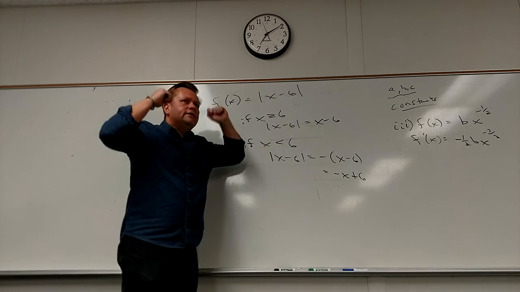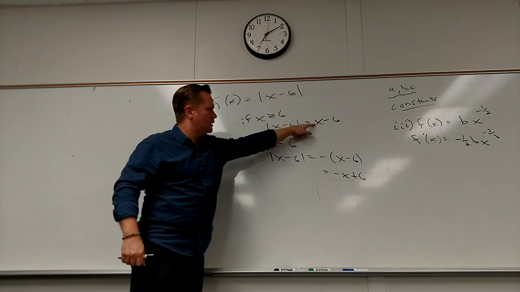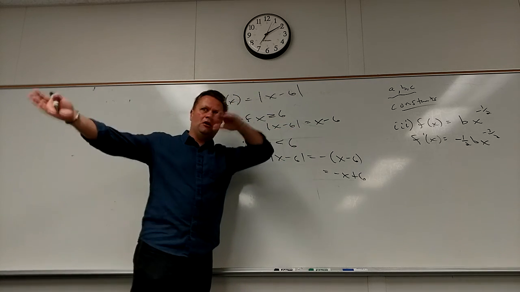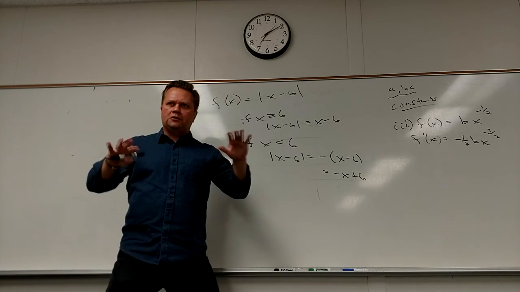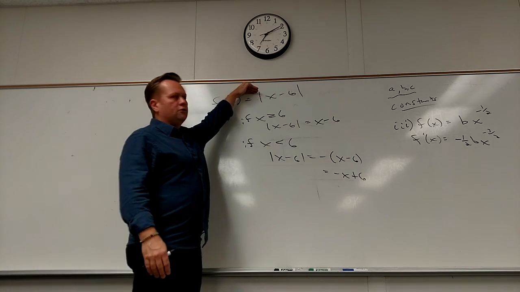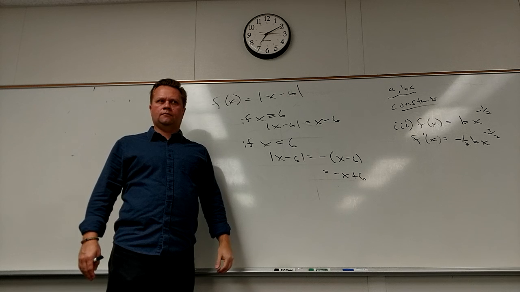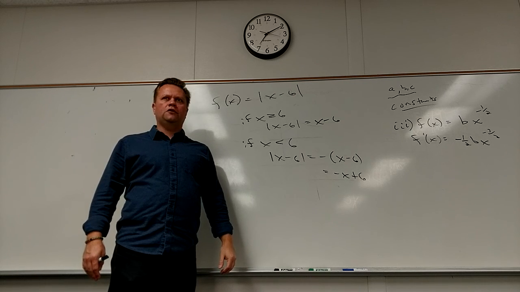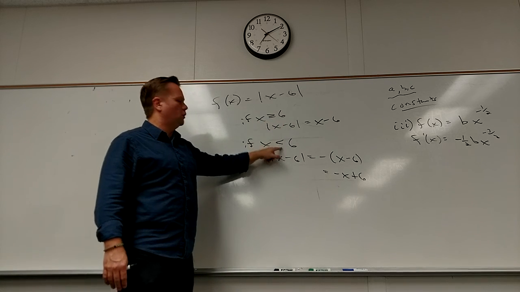So this is why I say that. This function hides the fact that it's this and this, depending on which values of x you're plugging in. So I thought it was such a subversive, evil little function, right? It's a nice way to capture an idea real quick, but still, it's hiding this. So if you take the derivative of this function, you have to do it dependent on what the x value